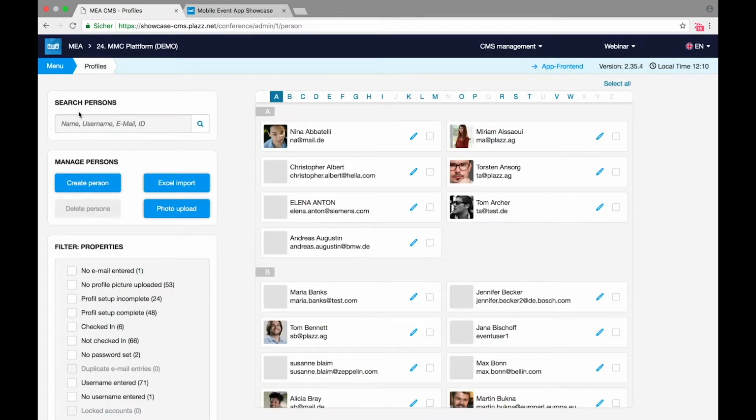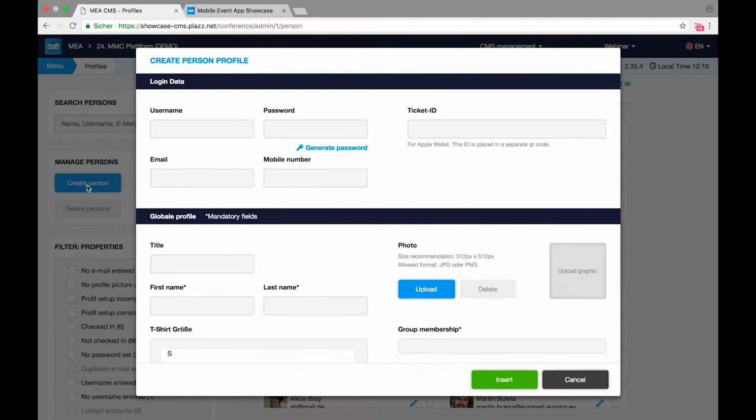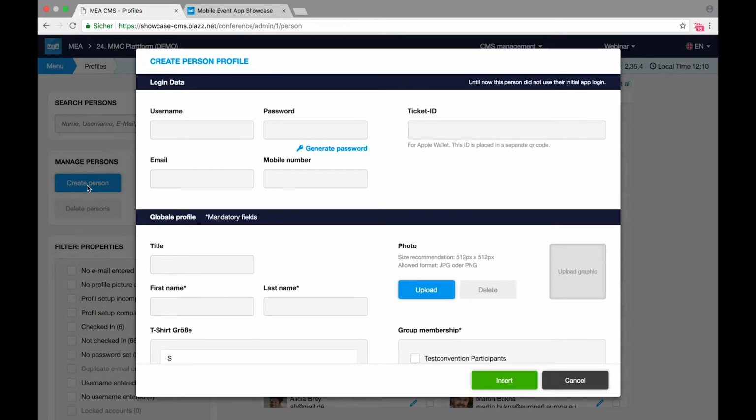To create a new person, we could either use the Excel import or create the person by hand by clicking on this button. Now, if the person we are creating shall have access to the app, you need to put in a username and a password and inform said person of those. As we only want to create a speaker for our schedule, we will skip those fields and put in the information we have, which is title,